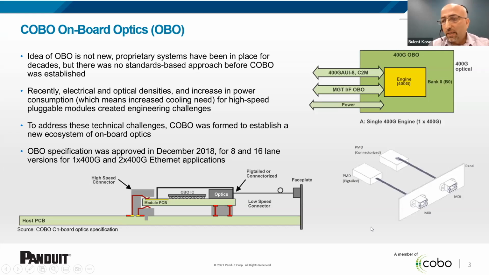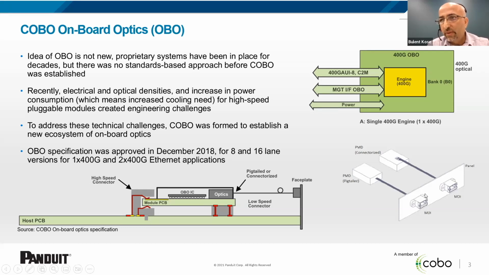On the upper right, we have the logical drawing of what an onboard optics engine would look like. And in the specification, there are 2x400 integrated and 2x400 separate versions of these as well. At the bottom on the right is the connectivity that would be needed, either connectorized or pigtailed. And on the panel, they would call the MDI,